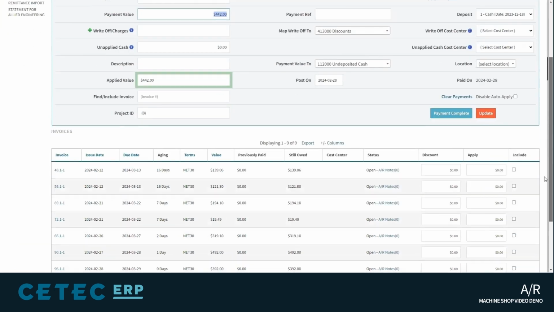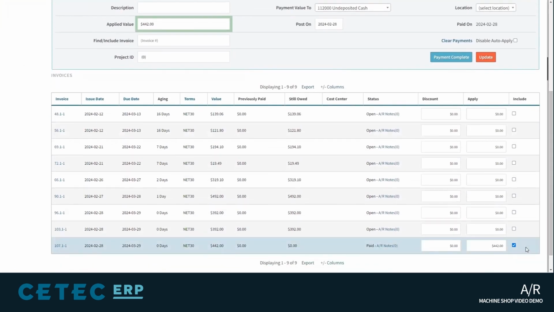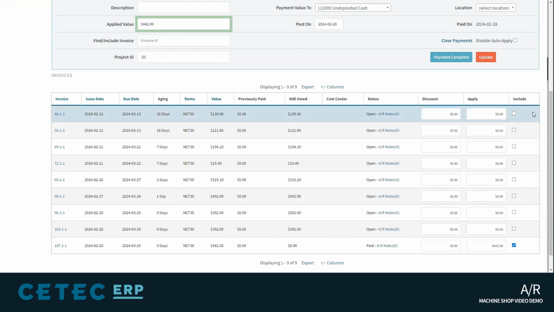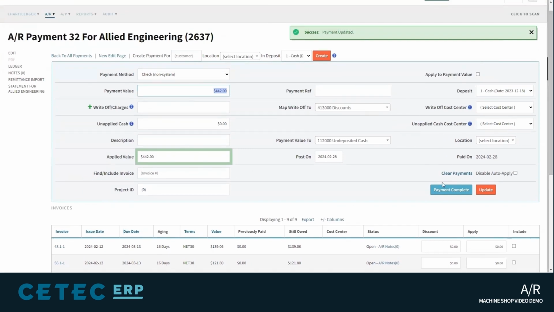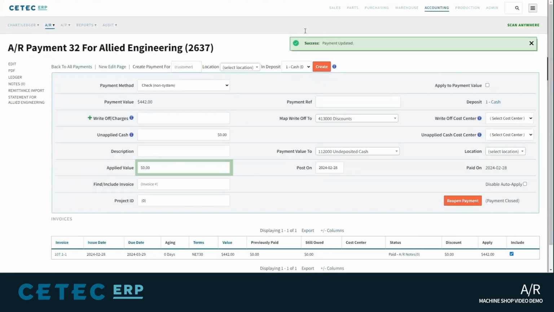Now, as you can see, it automatically included that payment because it was the exact amount. If they send in a payment that includes several different invoices, you simply click the box that's to be included in the invoice, and it'll apply it towards those payments. And then we're going to complete our payment. And that's how easy it is